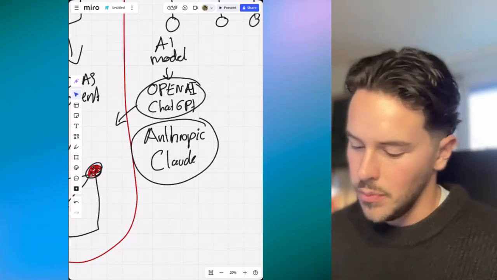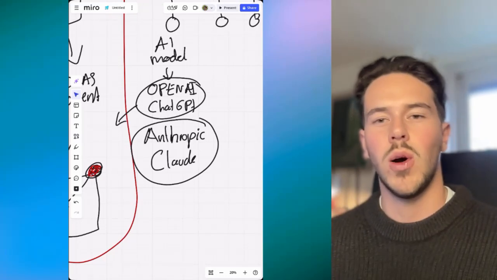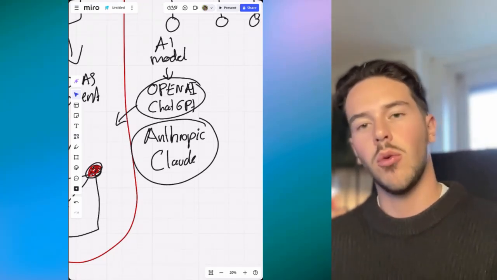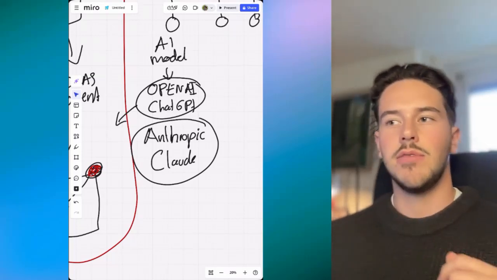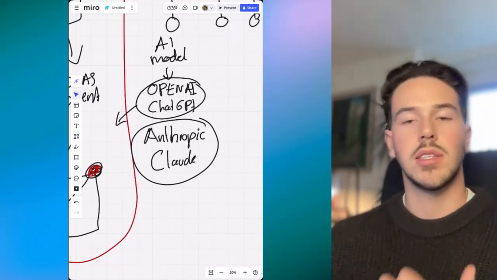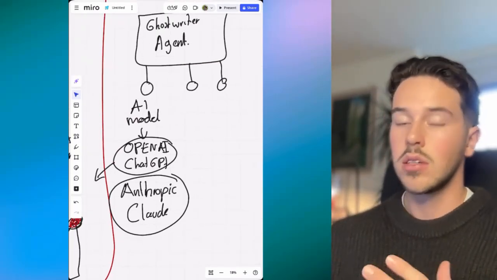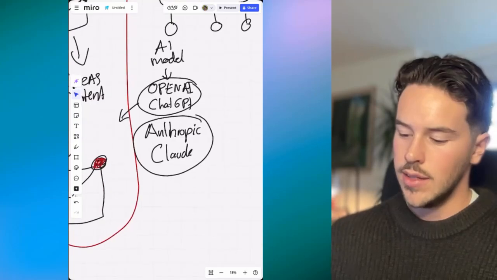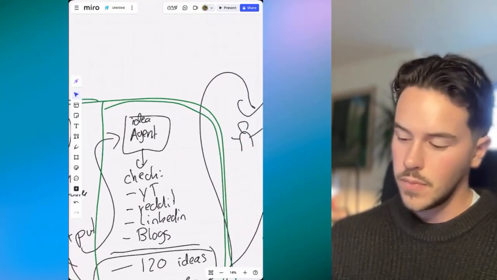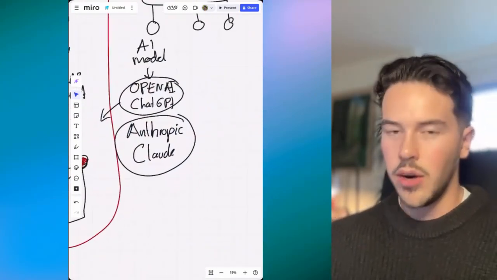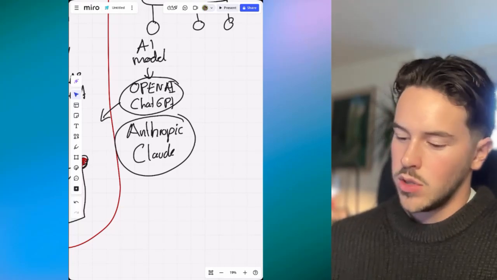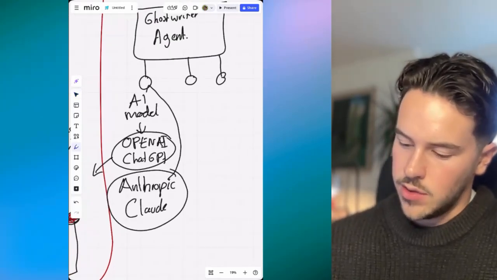Anthropic is more focused on thinking and deeper thinking and writing more extensively, writing more human. And that's the key thing, because Claude writes more human. It's nicer to use Claude in this Ghostwriter agent than, for example, for our idea generation agent. So Claude is better at thinking and writing in human style, so I would say we connect Claude to this agent.